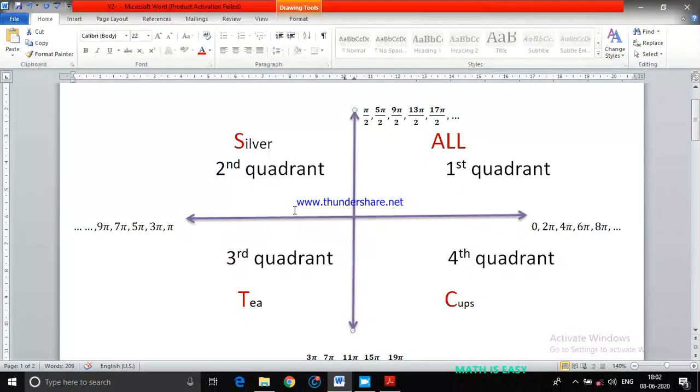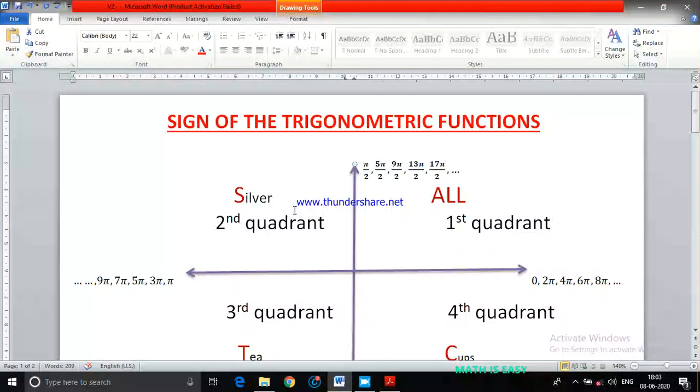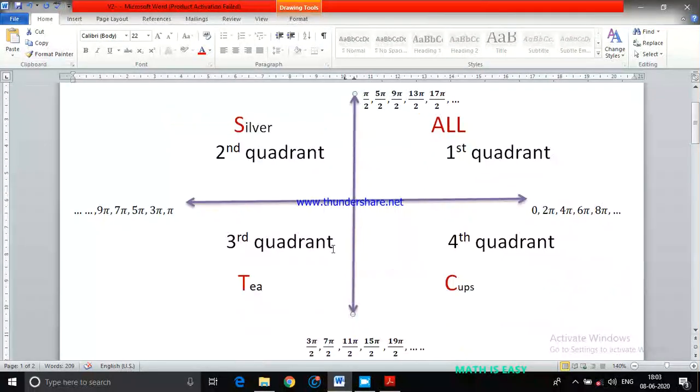If it is 0, there is no problem with the sign of the 0. 0 is neither positive nor negative. Even if you put plus or minus, it will be 0 only. Plus 1 into 0 will be 0, minus 1 into 0 will be 0. Okay. So like this, if it lies on the axis, then you can analyze the question that way. So this is the introduction part. You have to understand it very carefully because a lot of questions and many chapters have connection with this particular topic.